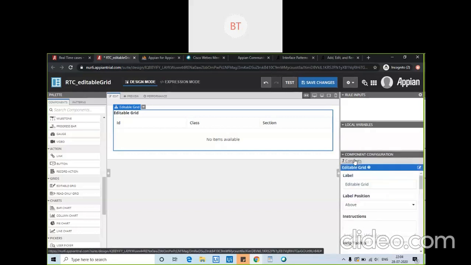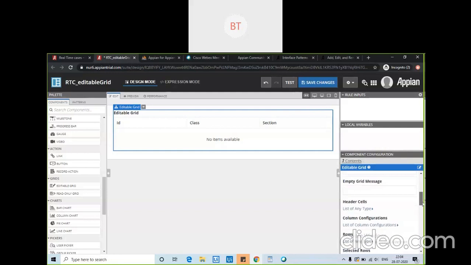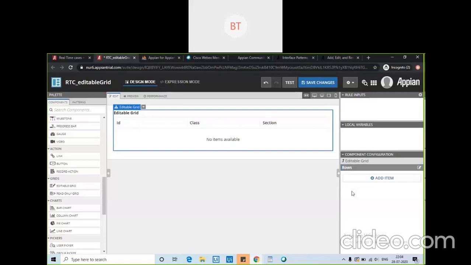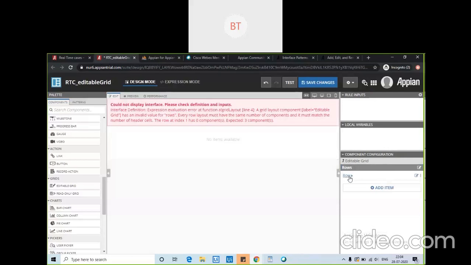Then what else? After header and column there are rows. Rows means, in this ID, class and section, whatever the item will be, what will be the type? Let me show it to make it easy.